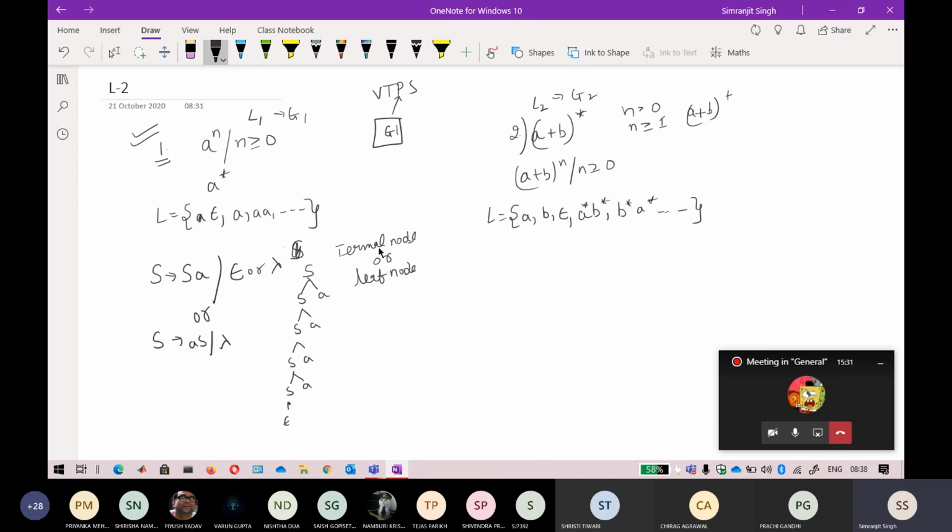Because in interviews, many will give that the terminal nodes are 4 and the non-terminal nodes are 5, and ask what exactly will be the number of children in a tree. So that kind of question is asked in interviews. Sometimes they will use terminal node or sometimes they will use leaf node. Most of the students get confused about what a terminal node is. So terminal and leaf node are one and the same thing. Do not get confused by it.